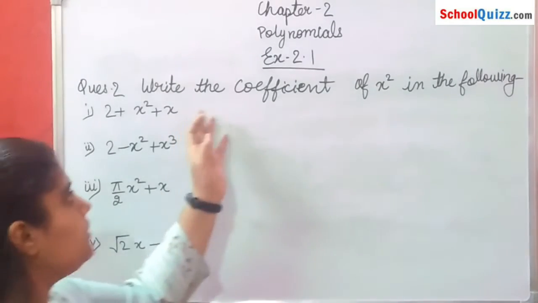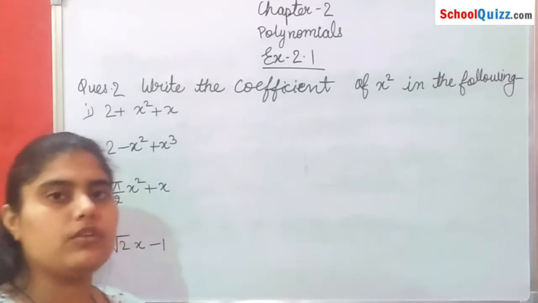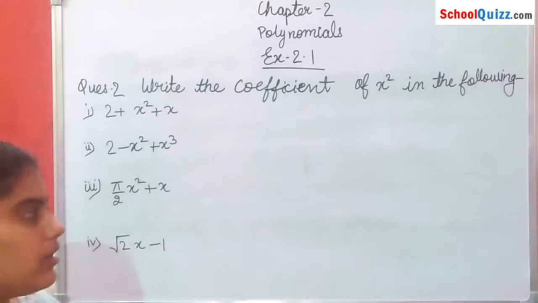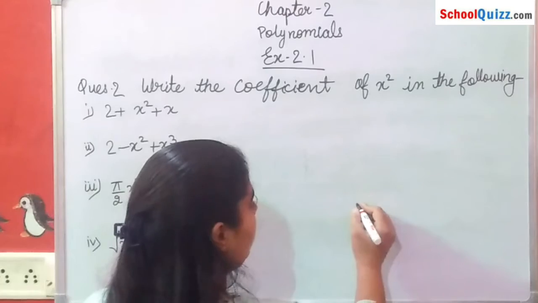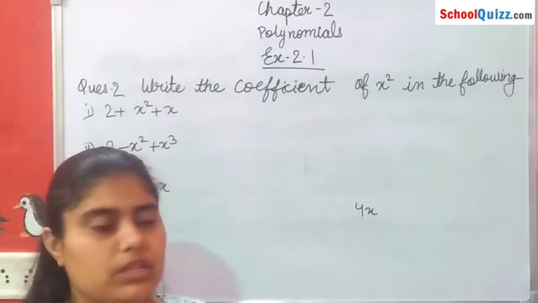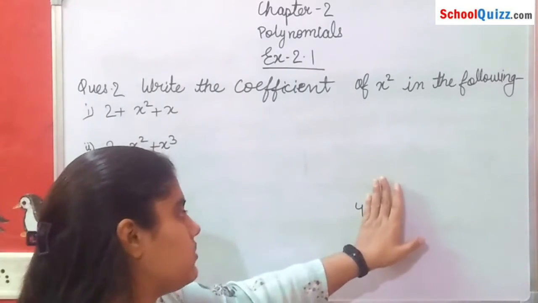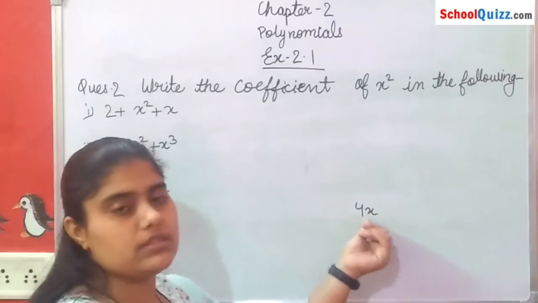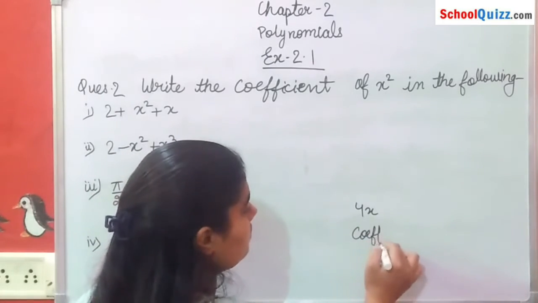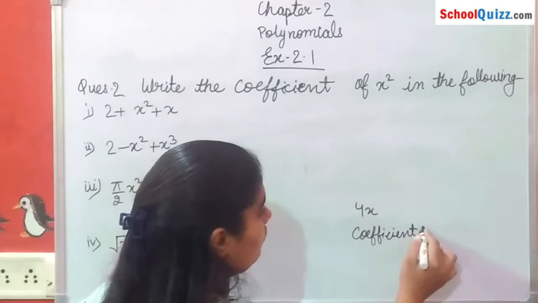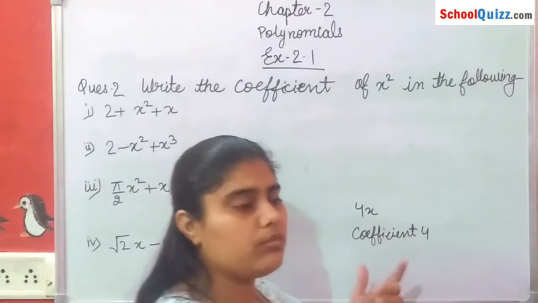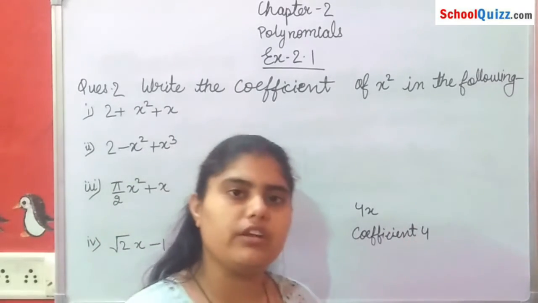Question number 2 is: write the coefficient of x square in the following. हमें अब x square के coefficients बताने हैं in following expressions में. So generally coefficients क्या होता है? Like for example 4x is there. अब हमसे पूछा है, what is the coefficient of x? मतलब x का coefficient क्या है? तो we have to write x only. What we can see, what number is there with x, that is 4. So here the coefficient is 4. किसी भी वेरिएबल के साथ में जो भी नंबर्स यूज होते हैं, अगर हमें न्यूमेरिकल कोफिशिएंट पूछा है तो हम जनरली नंबर्स बताएंगे.